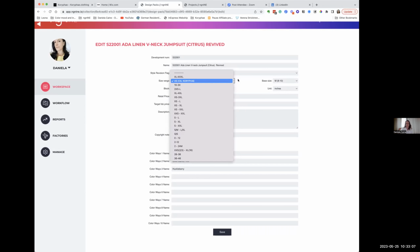That it's already preloaded. If your size range is outside of that, it's an easy thing that we can adjust for you. So if we were doing bras, for example, and you had cup sizes, then we would work with you to add those in. And what it does is, you will see here, when you have your size explosion,